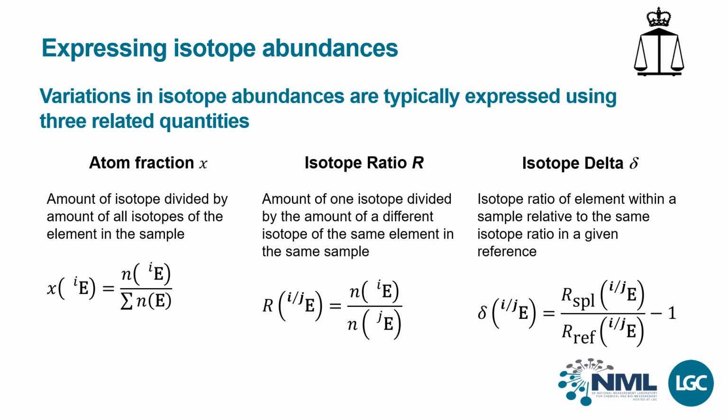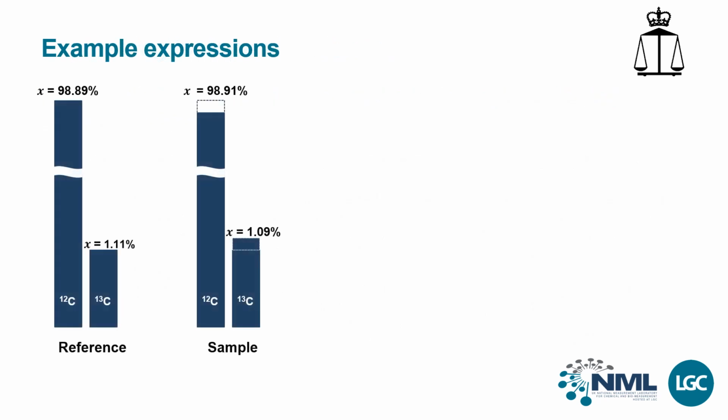The numerator, the number above the line, isotope, is usually the heavier of the 2 isotopes expressed in the ratio, e.g. 2H over 1H, 13C over 12C. The reference will have an isotope delta of 0 exactly by definition. To illustrate,